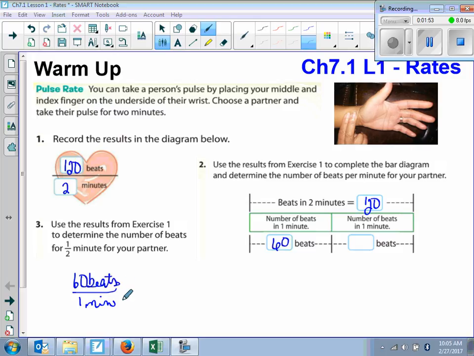So we're going to divide by 2. Very good. So we'll divide 2 here, and we'll divide 2 there. So that's going to give me 30 beats in,